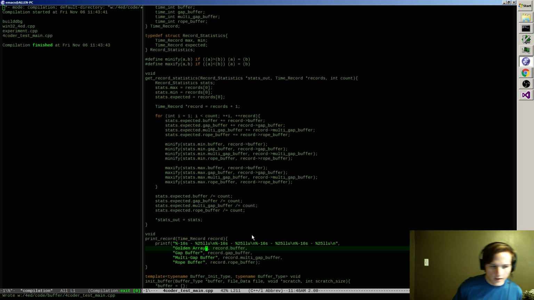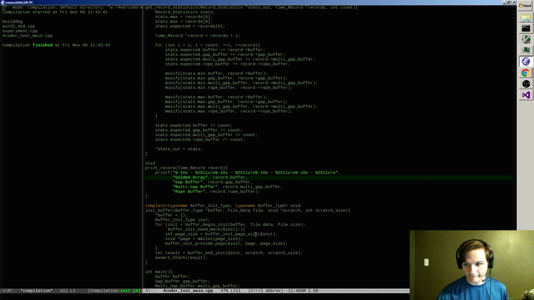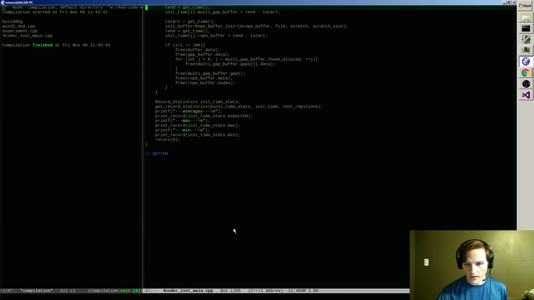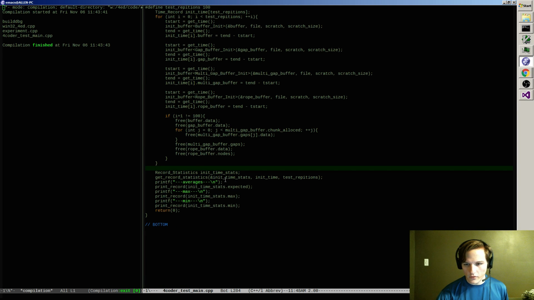Also, the golden array, the just flat array, it totally won that one. So that means, all these cool data structures, what are they worth? Well, the thing is, this is initializing, and that's the strong suit of that array. That's the thing that I was expecting. That and iterating across the data are the two things it will be best at. We'll see when we go to test other things what else we find out. Who's really gonna win that?